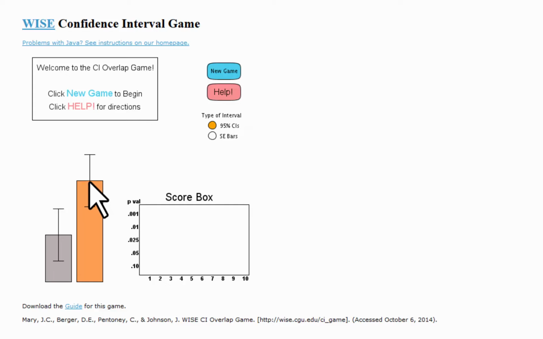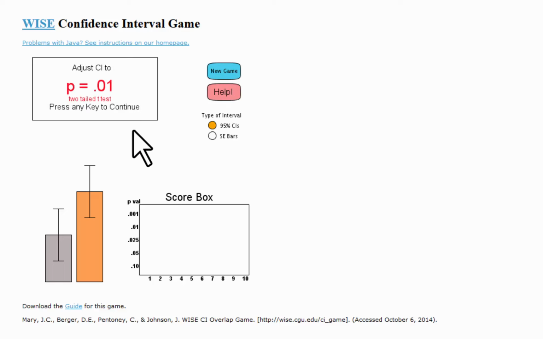An average score for the 5 attempts will be displayed and rated, and if you attain a perfect score of 10 on all, a special message will appear. We can start the game by pressing the New Game button at any time, and the Help button will give these instructions again. So the first challenge is to adjust the bars to give us a p-value of